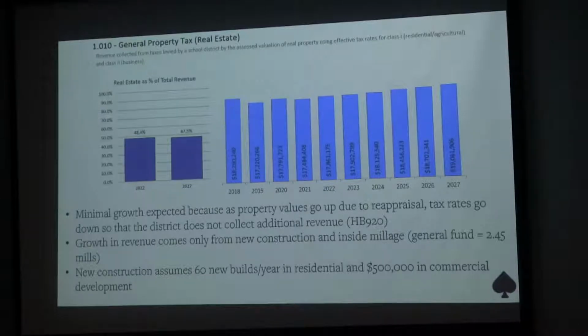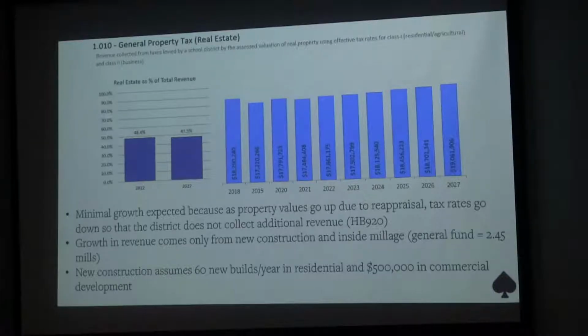And assuming we did get that 30% increase in property value, would that even be enough to cover the cost of our growth? No, because we don't receive additional revenue from it. But if we did, that would be significant. It would basically equate to a 30% increase in our revenue on 50% of our total revenue, so these bars would be up here.